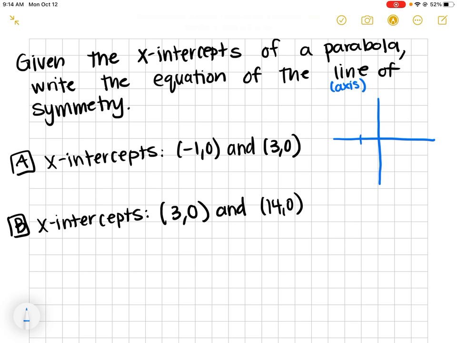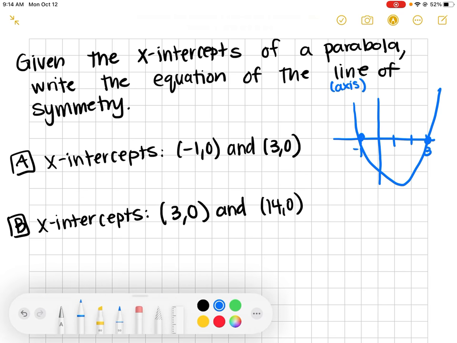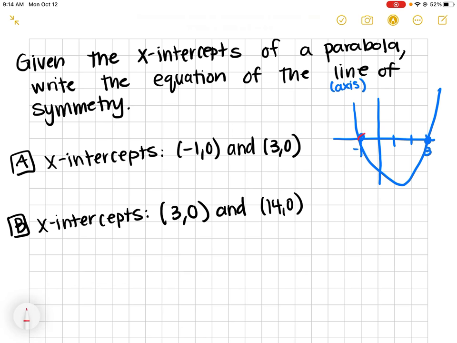So this one, it's saying at -1 there's a point, and at +3 there's a point on your graph. So we know, let's just say the parabola opens up. It's going to look something like this, right? So the axis of symmetry, if it's got to be symmetrical on both sides, think, this is 2 away from that spot, and this is also 2 away from the same spot. So the axis of symmetry has to be exactly halfway